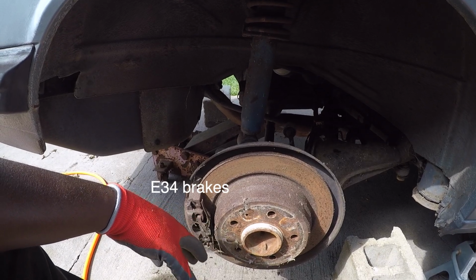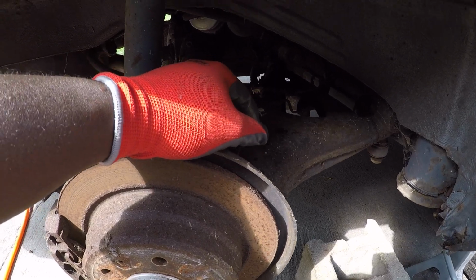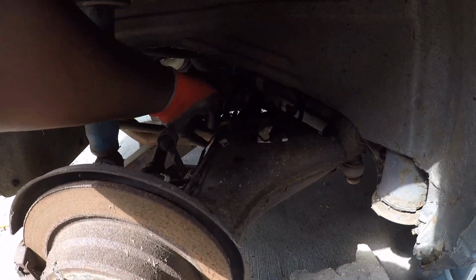So I might look into that. All these lines here, I've got wires I've got to take off. I've got to find out where it's leaking, the brake line. I was hoping it's like